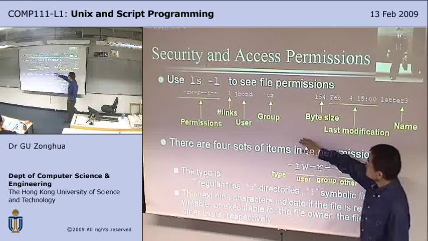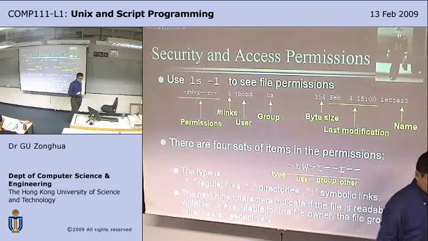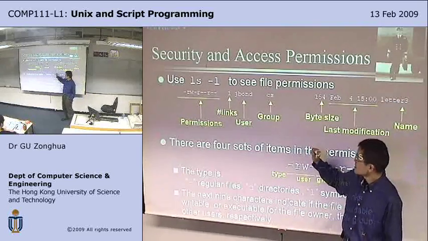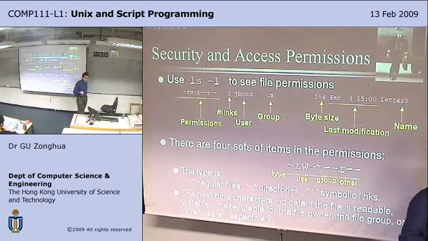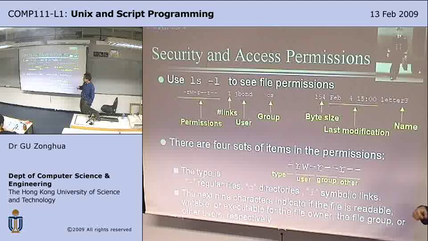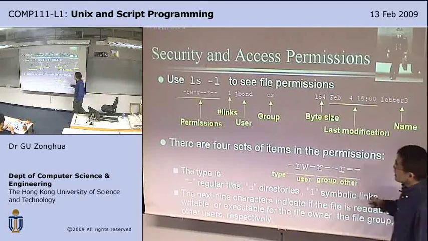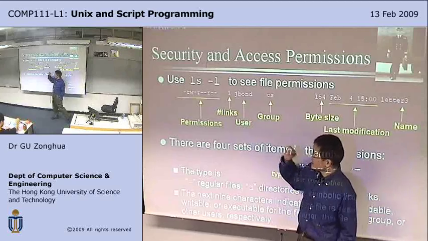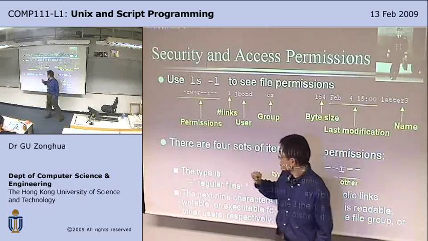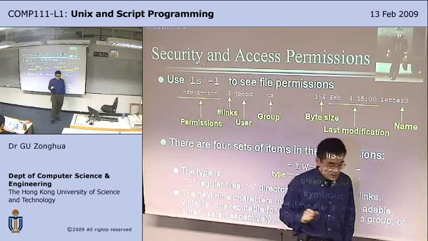So this is the group. That is, what group does the user belong to? So JBond belongs to the CS group. Perhaps you may have other groups like UG student or PG student, etc. Each group may have different permissions associated with it. And number of links, we'll discuss this later. And permissions, which is